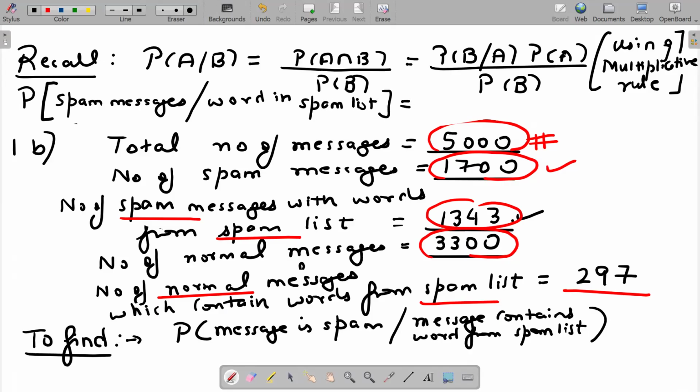I can write this as probability of B given A. B given A means words in the spam list given spam messages, times probability of A, that means probability of spam messages,